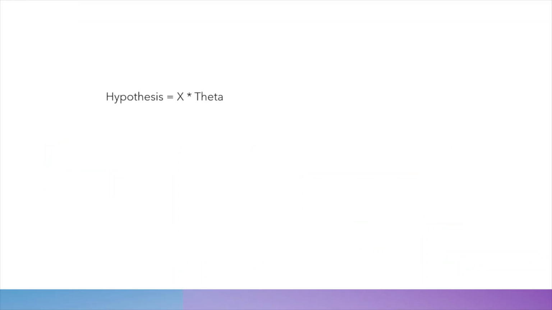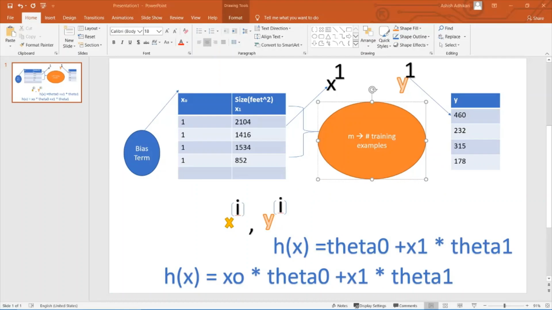Now, my main point is mathematically we can represent our hypothesis like x multiply theta. So x is in the matrix form, and our theta is also in the matrix form. So we can represent our hypothesis as x multiply theta. I hope you got my point. Please do understand this whole thing, because I'm going to use this hypothesis while coding. So guys, let's dive into the coding part.